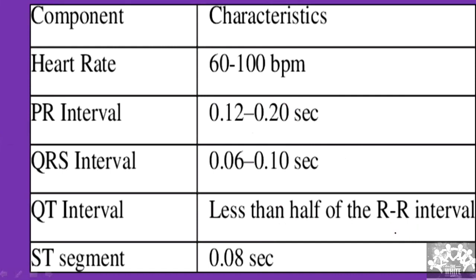So remember this value is important, 60 to 100. PR interval you can remember as 3 to 5 small boxes. QRS is going to be less than 3, and you multiply this 5 by 2, so you get 10, which is 10 large boxes. This is going to be 10 large boxes, which is the QT interval. Fine. These are the normal waves and intervals.